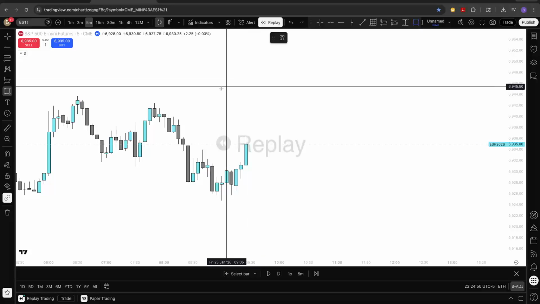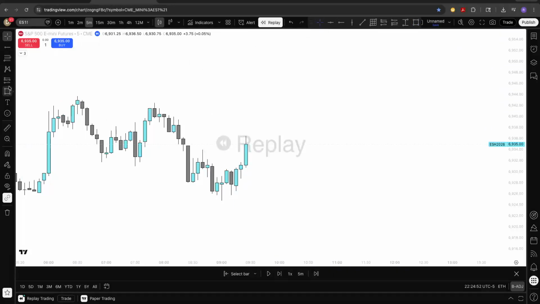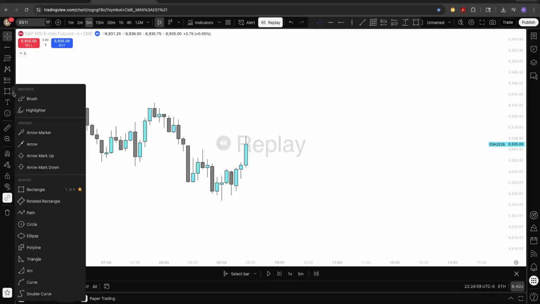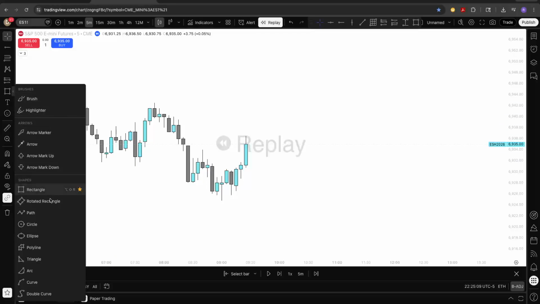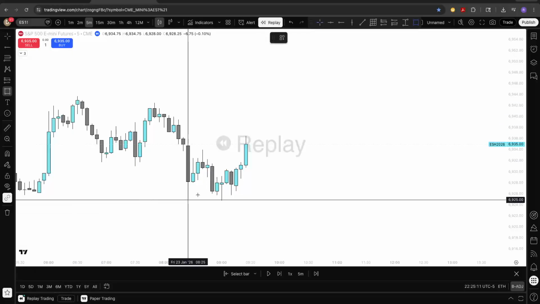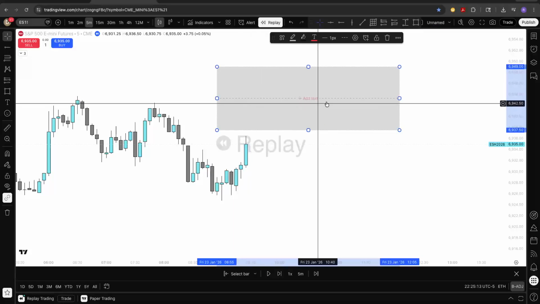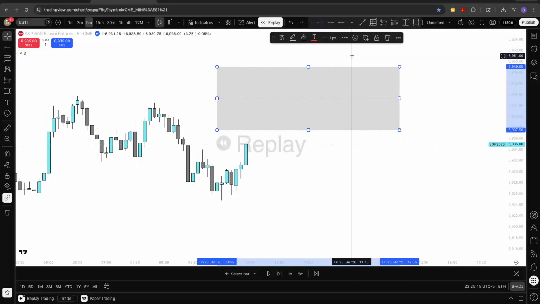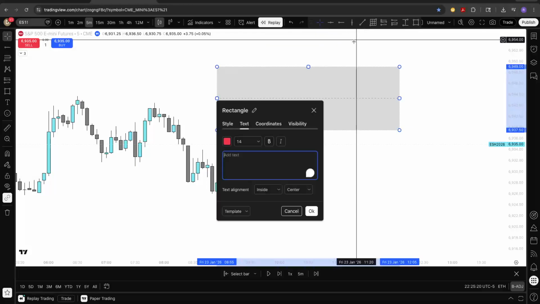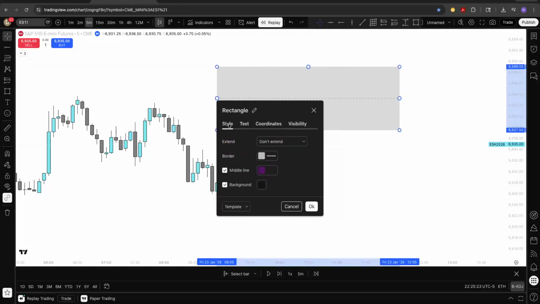All right. So what you'll do to get this kind of box is you'll come over to this little fun bar of trinkets, okay? So you'll click this geometric shapes little arrow that'll bring out this, okay? And what we use is the rectangle. So in how to get it set up with this little line in the middle, oh, excuse me, you'll hit this little settings button, go to style,